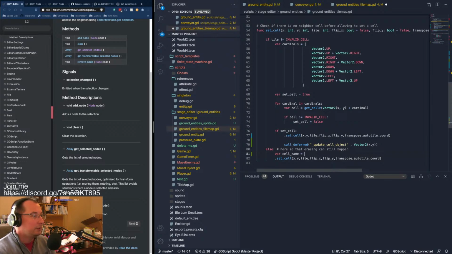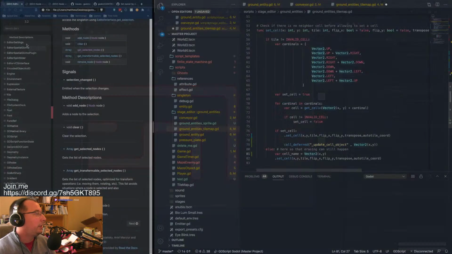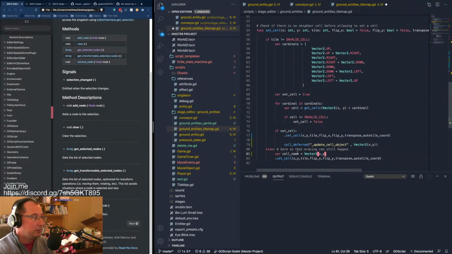And then we're going to go vector 2 x y. And we know that it's going to be a sibling. So we got to go get node